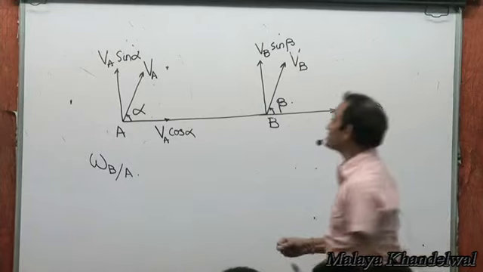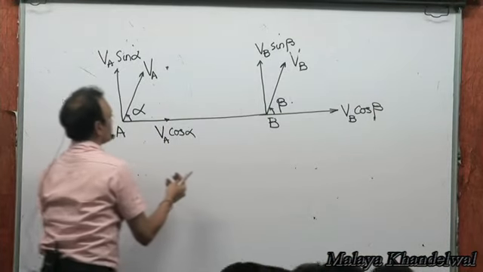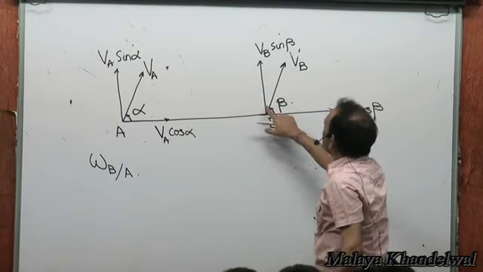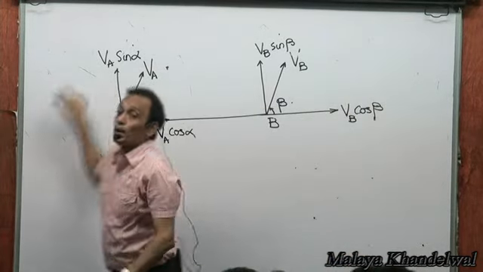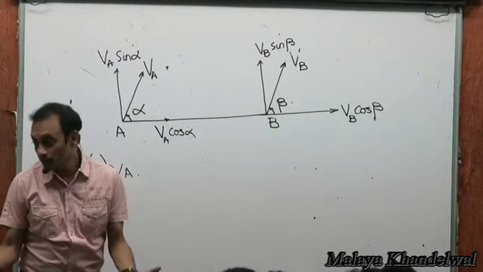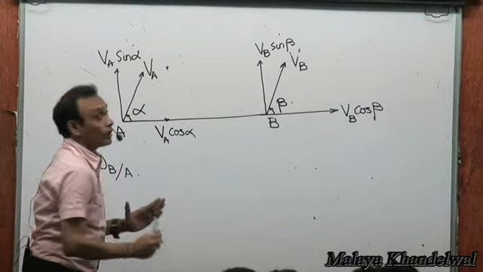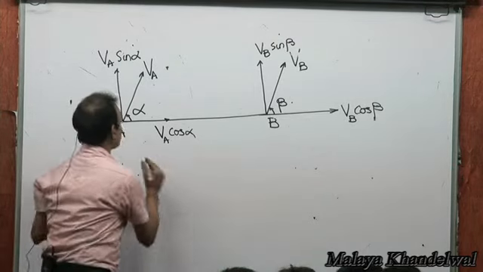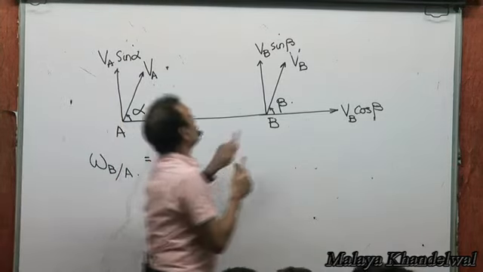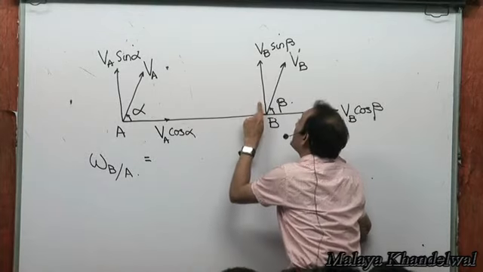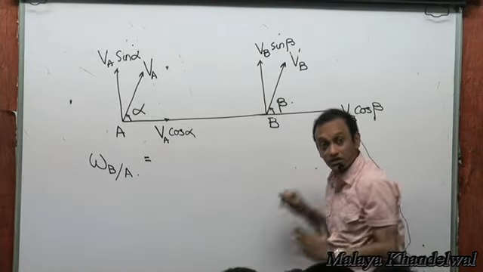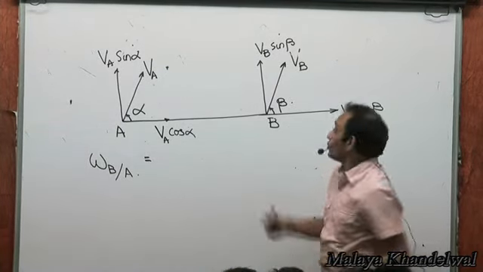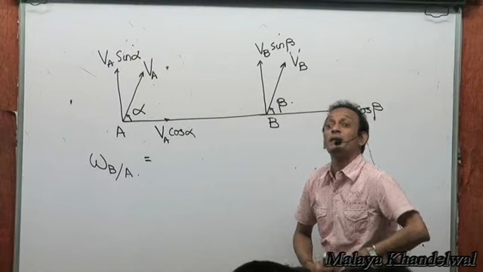So then effectively, in order to be able to compute omega, I ignore VA cos alpha and VB cos beta. I then just look at the velocity components of A and B perpendicular to the line joining the two, right? So then, what is it that I need to be doing? The angular velocity of B with respect to A is going to be the relative velocity of B with respect to A perpendicular to AB, isn't it? Did I not tell you (VB minus VA) by L, where VB and VA are velocities perpendicular to the line